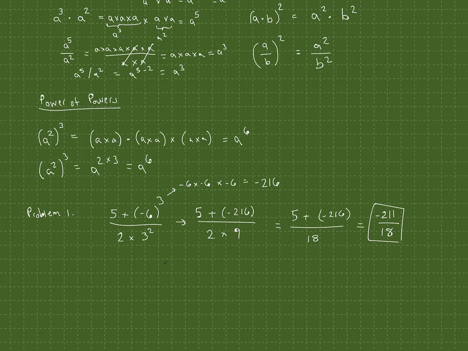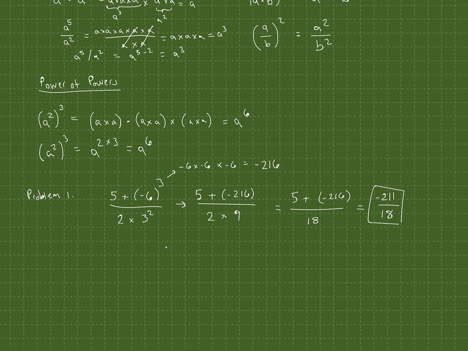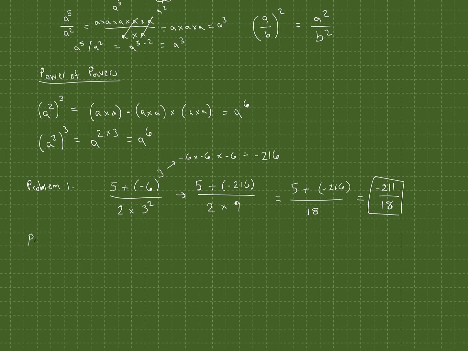Okay. How about another problem? Problem 2. This one is going to say n squared equals 2 to the 6th power. We want to solve for n. Okay, so how do we do this? Well, let's take this expression and see if we can simplify it and get this exponent to turn into 2. Well, 2 to the 6th, that's the same thing as,